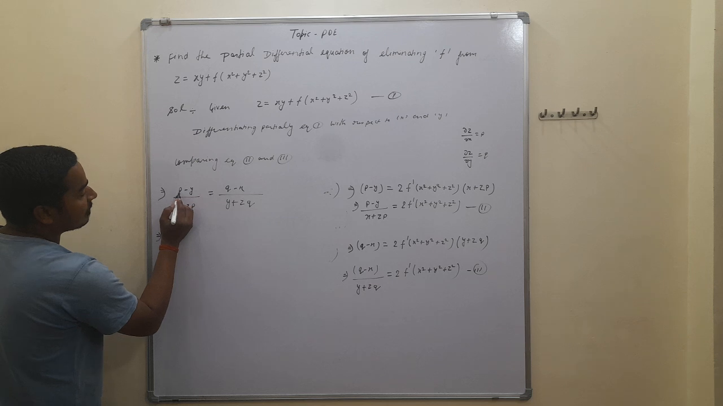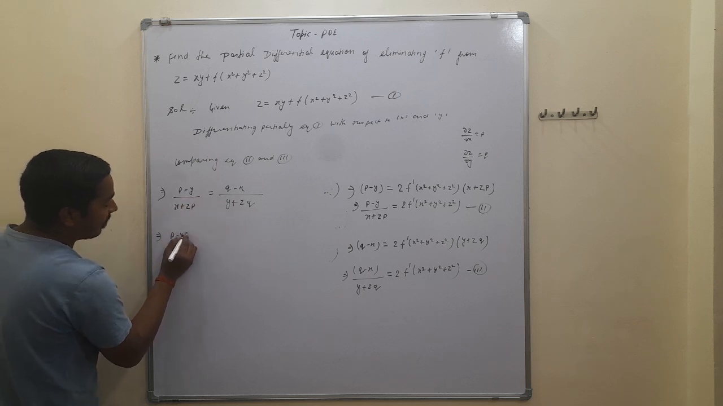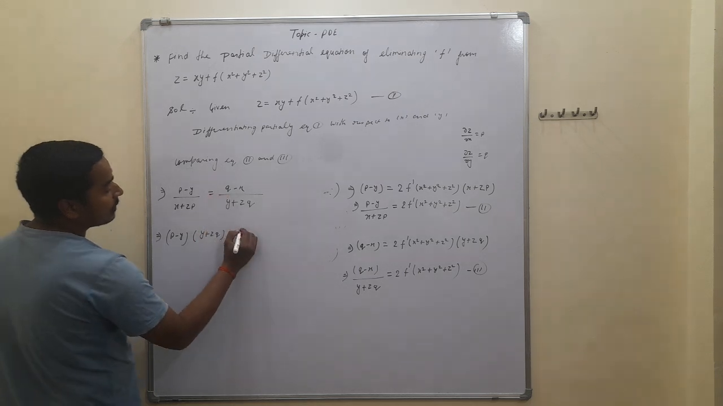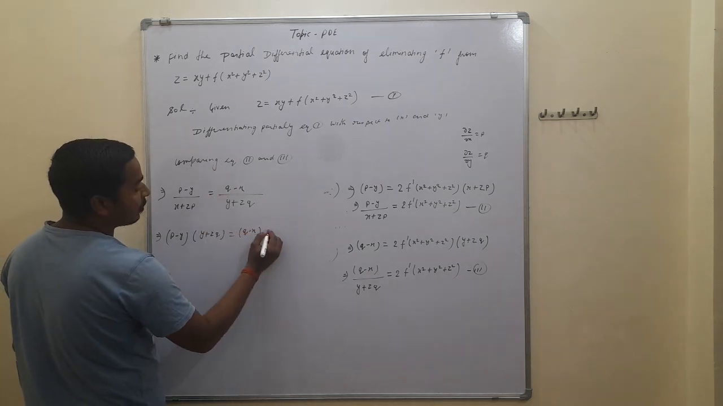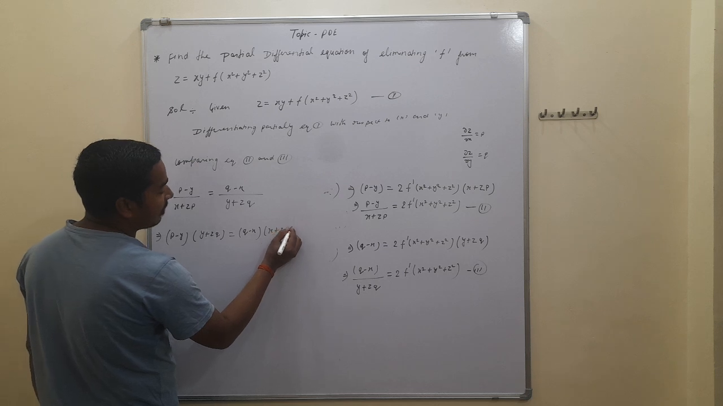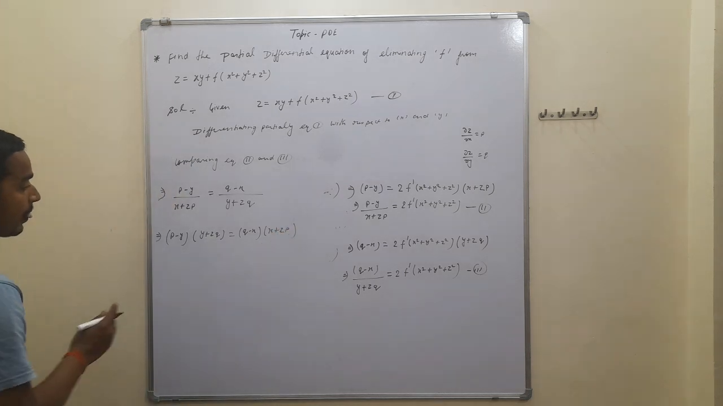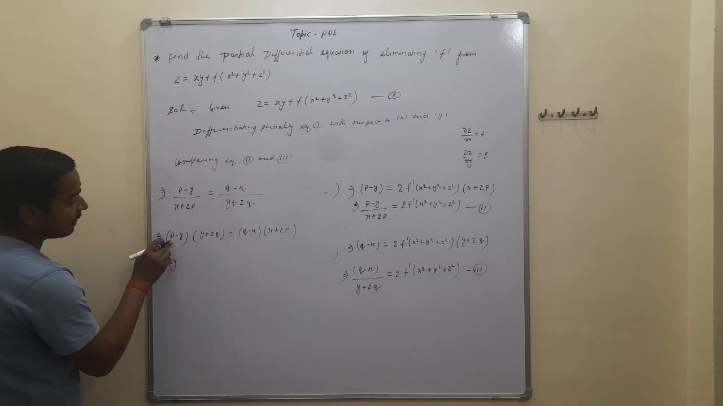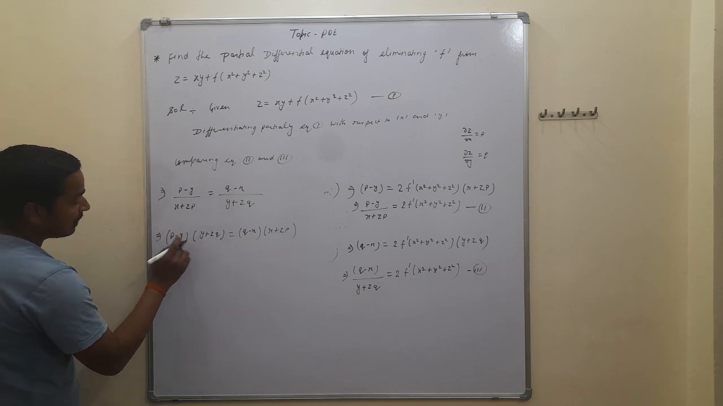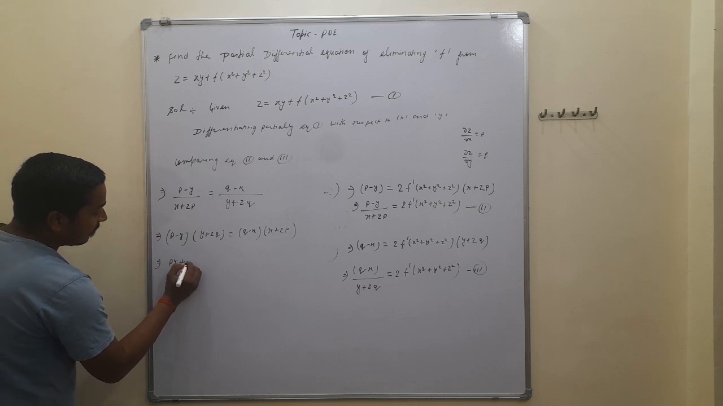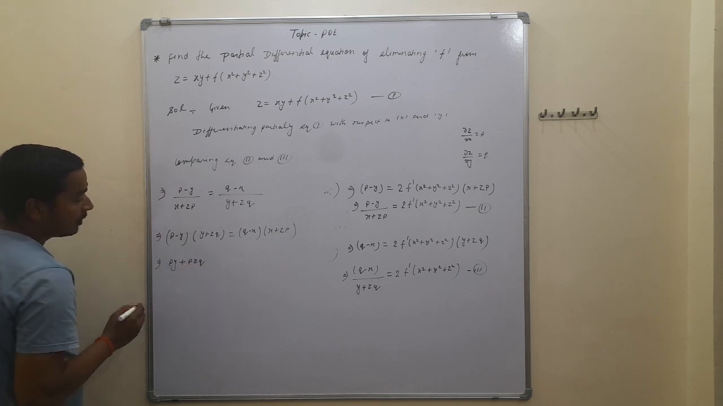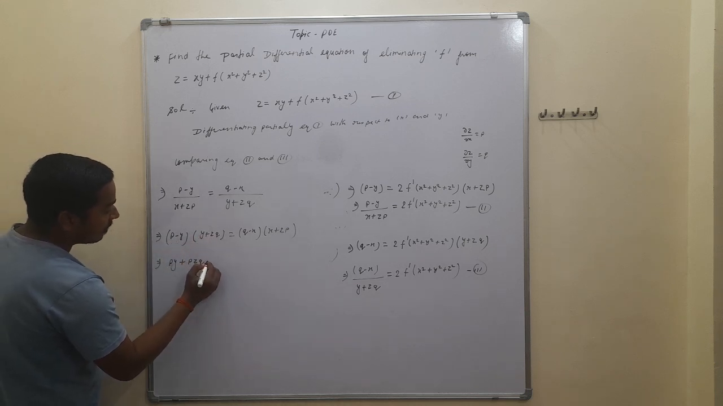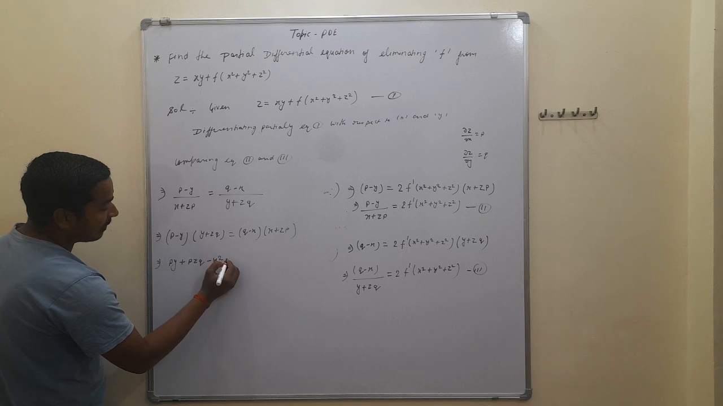This is written as: first we multiply p minus y into y plus zq, and q minus x into x plus zp. First multiply p with y plus zq. This is py plus pzq, and again multiply minus y with y plus zq. This is written as minus y square and minus yzq,